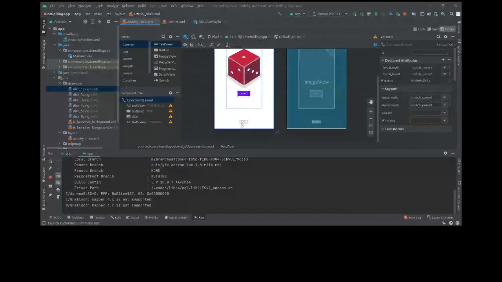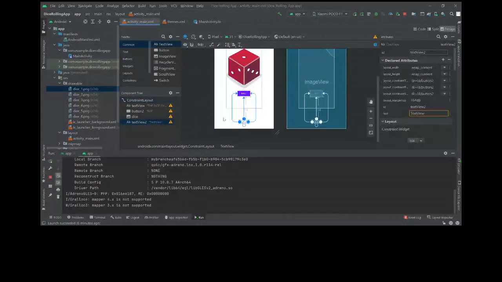Now it is done. Now I will have to change the text to, let's say, made by. I also have to increase the size, so I will set the text size.